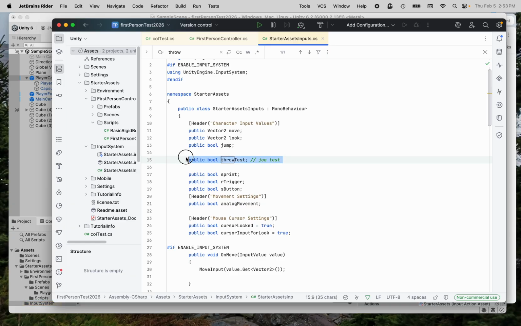and we want to look at jump, because jump is already in there. We can copy. Every time we see jump, we can make sort of our own for throw. So I've got one here. We've got public boolean jump, and I will go,